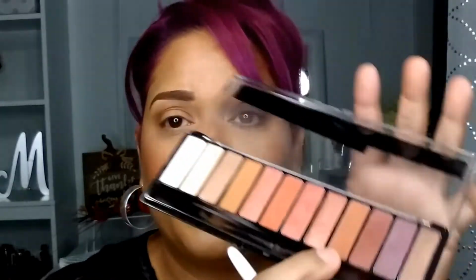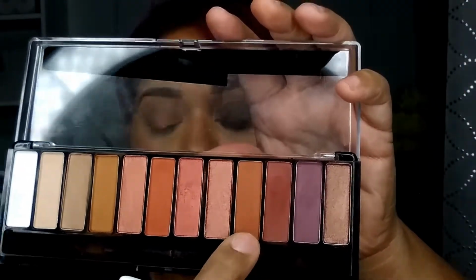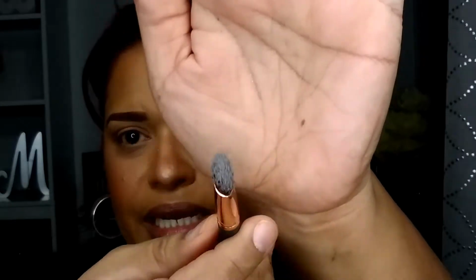Then I'm going to go with a deeper shade, which will be this color right here. And I'm going to start going with a different brush. I'm going to be taking the brush that I got from Walgreens, which is a more tapered brush in the middle. I'm just going to stamp that with the color that I already told you. Get some color, and then instead of going straight on the crease, I'm going to go just a little bit lower, and I'm going to form